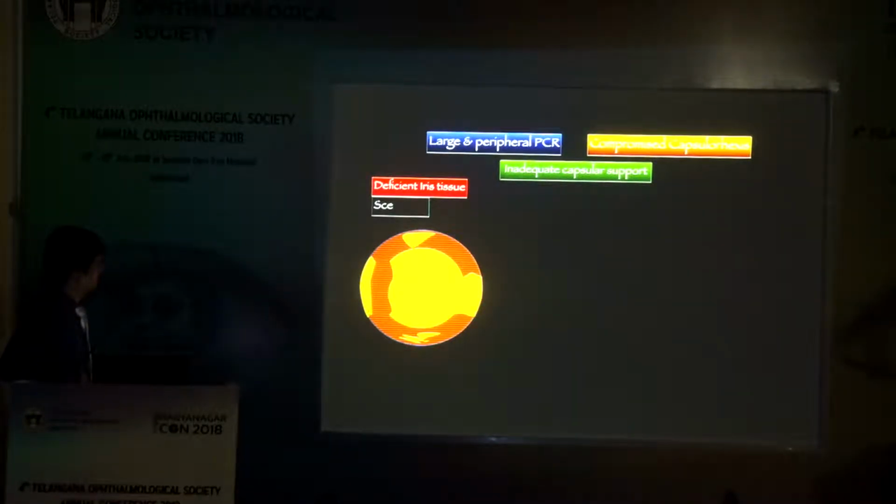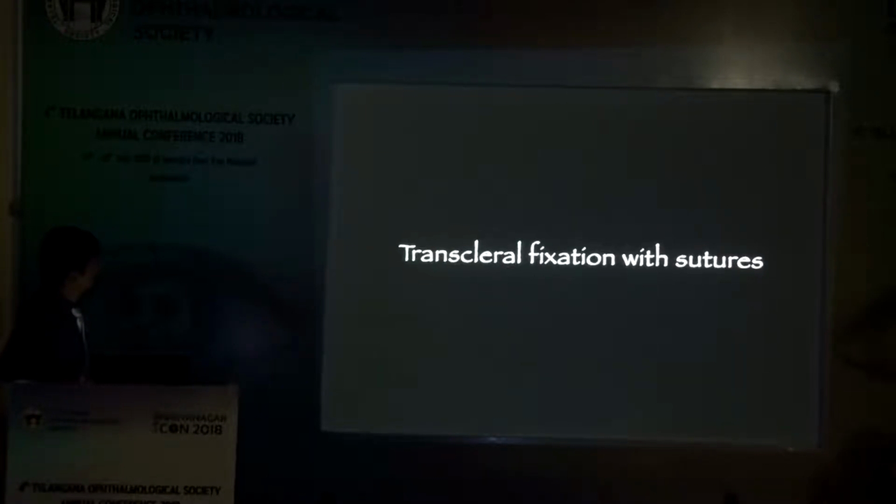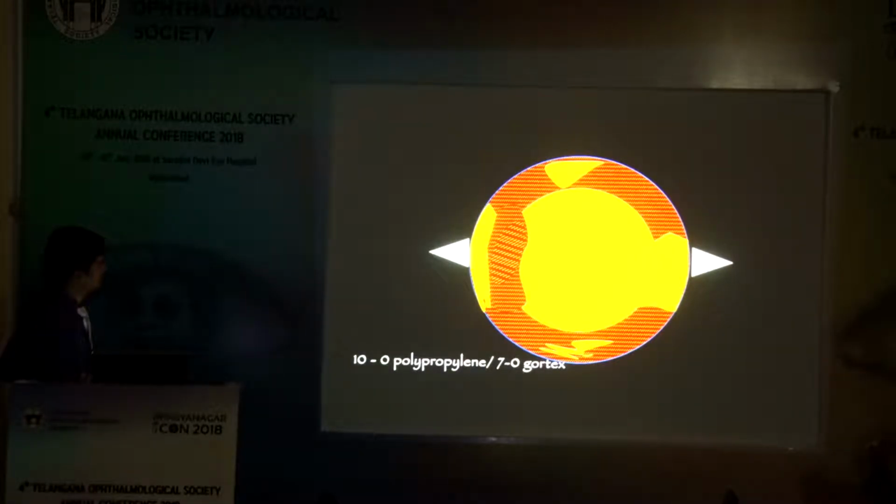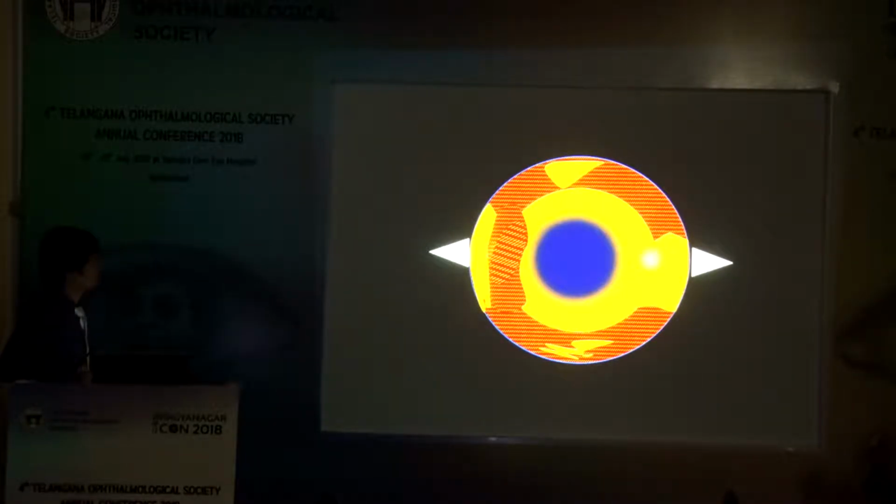On the other hand, when the iris tissue is deficient, the IOL can be supported onto the sclera using various techniques. In transscleral fixation of IOL with sutures, 2 scleral flaps or Hoffman pockets are created 180 degrees apart. Using a 10-0 polypropylene or 7-0 Gore-Tex suture, a single piece PMMA IOL with eyelets is anchored to the sclera